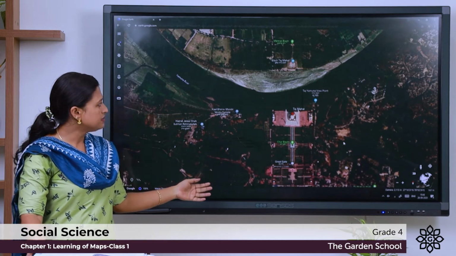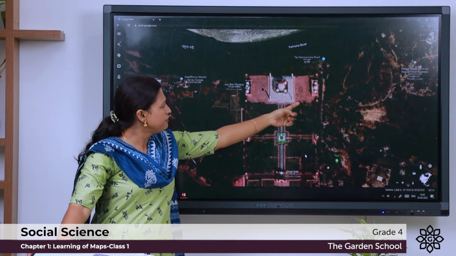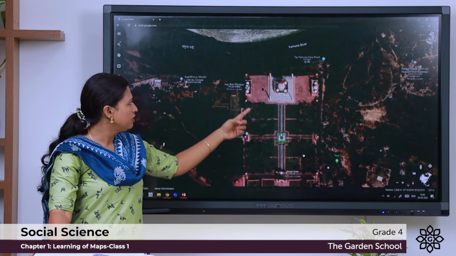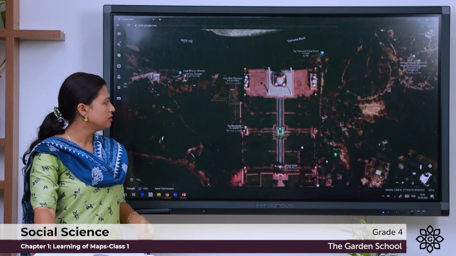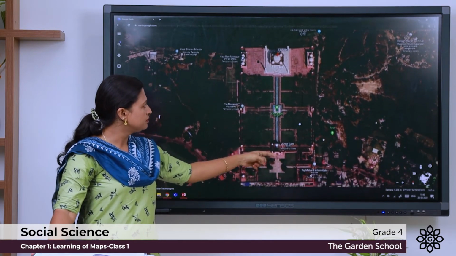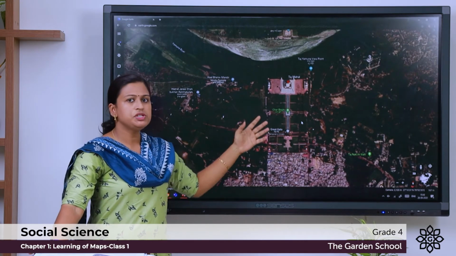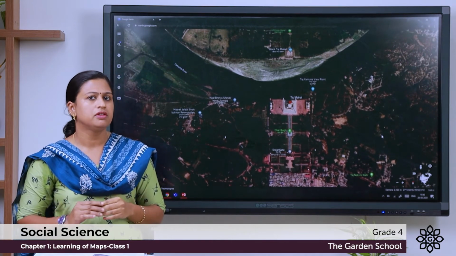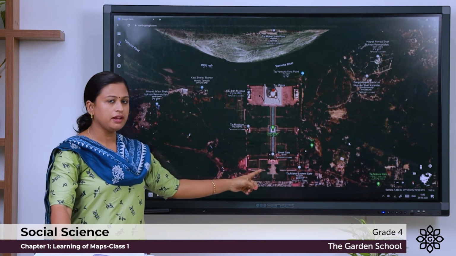Here you can see the Taj Mahal, and to the left of the Taj Mahal is the Mehman Khana or the assembly hall. To the right of the Taj Mahal is the Taj Mahal Mosque. It has an elaborate garden with footpaths. You can see a pool of water which is positioned in such a manner to capture the reflection of the Taj Mahal. Here there are 4 gates.